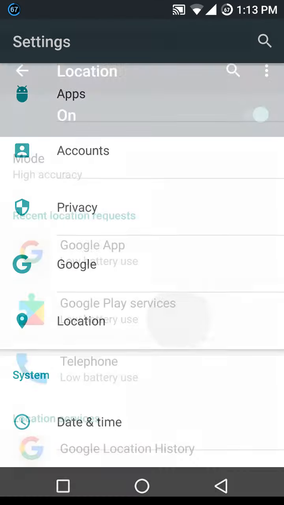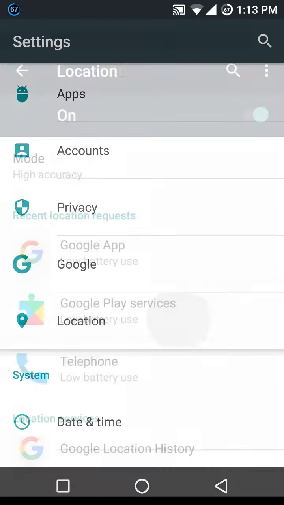This is a very good feature of Android Marshmallow, that we can adopt storage. So I have an SD card which is of 64 GB, and I have made it as my internal storage. As you can see, the storage used is more on SD card. Hence, all my apps are installed on the SD card by default. Then we have language and input, which is standard, printing, developer option.